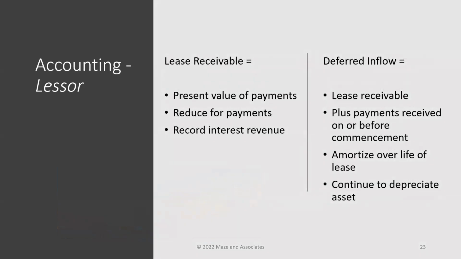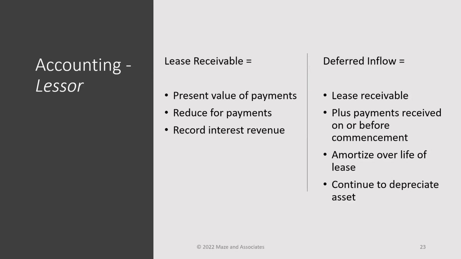Okay. So how do you record the lease receivable? Initially, you're going to measure the lease receivable as the present value of lease payments expected to be received over the lease term, reduced by any provision for estimated uncollectible accounts, which hopefully you don't have, but it could happen. And then future lease payments measured as part of the lease receivable should be discounted using the interest rate that the lessor charges the lessee, which could be the rate implicit in the lease or explicit. You're going to use that as the discount, and that's your lease receivable.